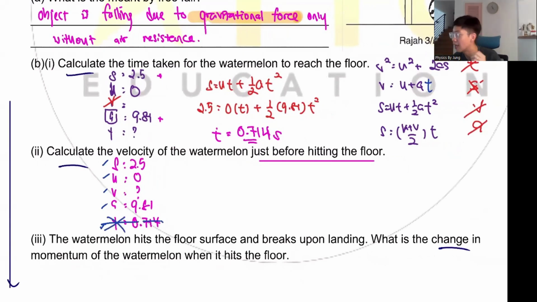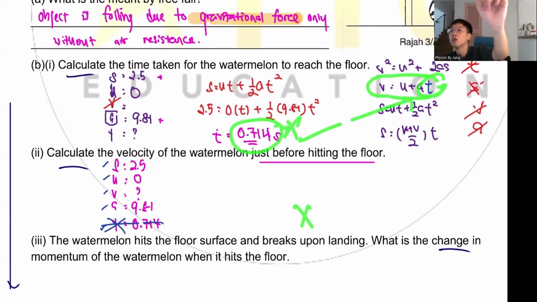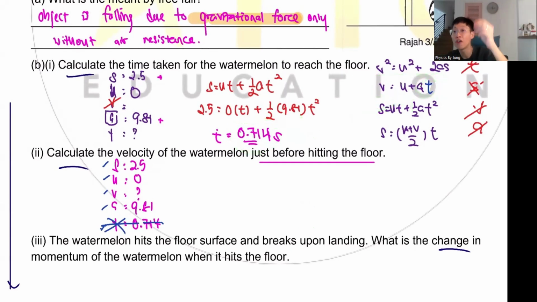Okay, see, in exam, we aim high marks, obviously. So what we want here is we want our answer to be low risk. Kalau you use this V equals to U plus AT, if your time wrong, right, this time will affect your time also wrong, right? So ini salah, ini pun salah. So when I calculate my velocity, I want to avoid using values that is repeated. So I don't want to use this T value. Mungkin I calculate wrongly. Mana tahu kan? So I will use the V squared equals to U squared plus 2AS to be on the safe side.